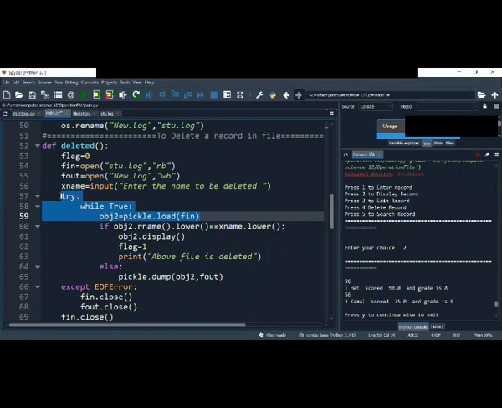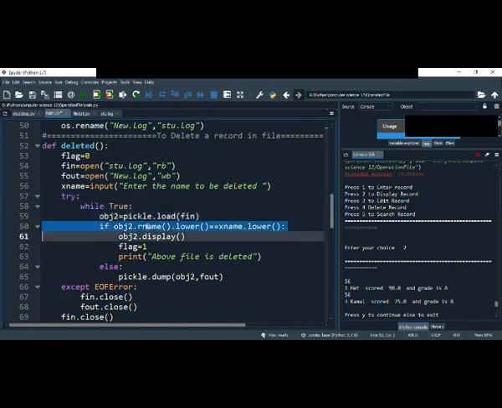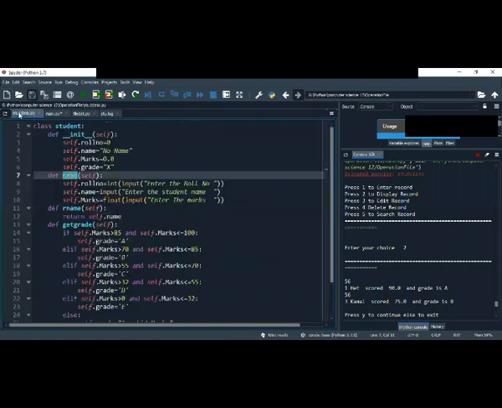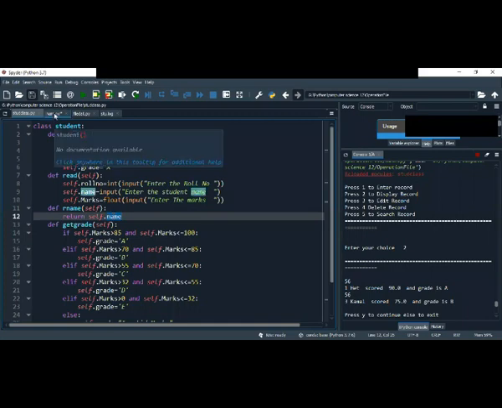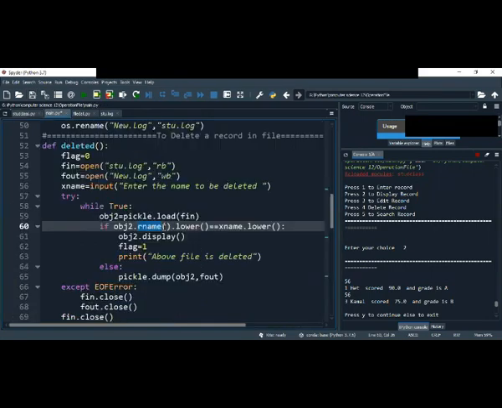After this read command, I will be checking. Remember we created one function rname here. See, this one we created. In this one, what did I take? I took name, return name. So it will give the name of each object one by one here.